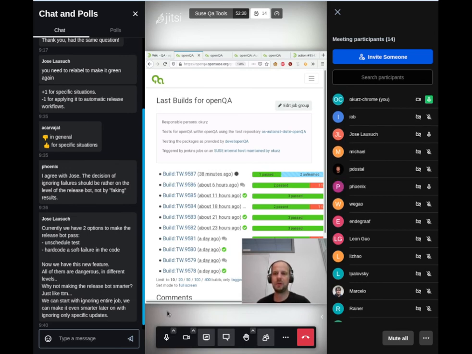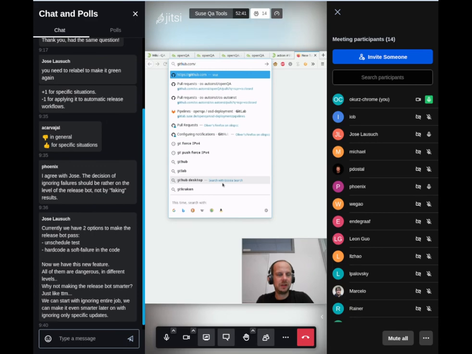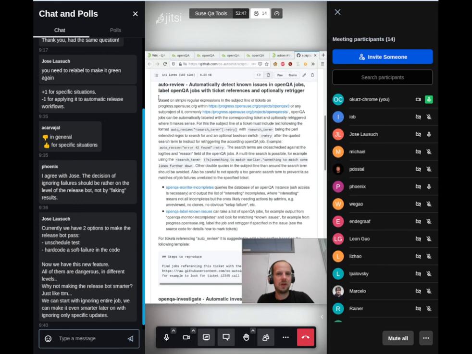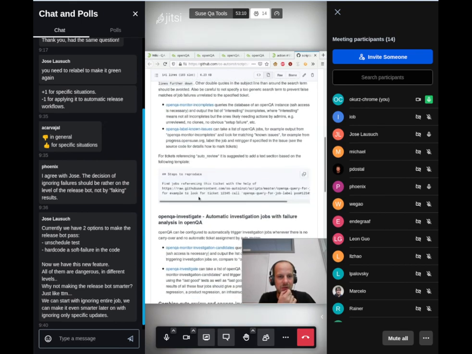Mm-hmm. For failed jobs, the best approach which I can offer you right now is this auto review approach. What I mean is this one here in auto scripts, auto review. For that, you need to come up with a regex. Of course, you need to have that first step to define what defines your error as a regex in the log file. But based on that, you can then put this text into your ticket,